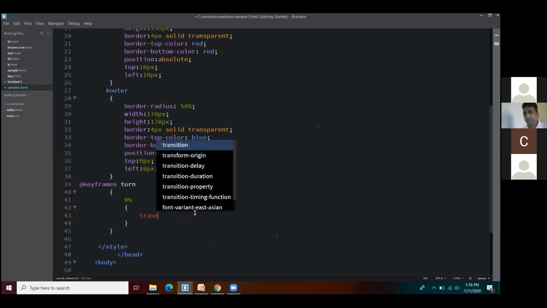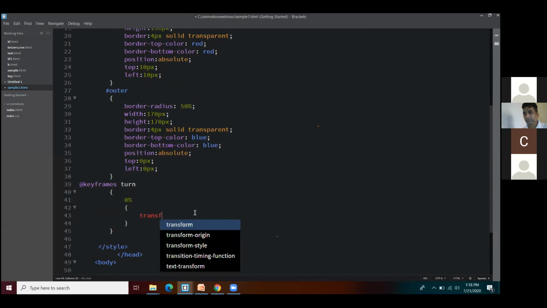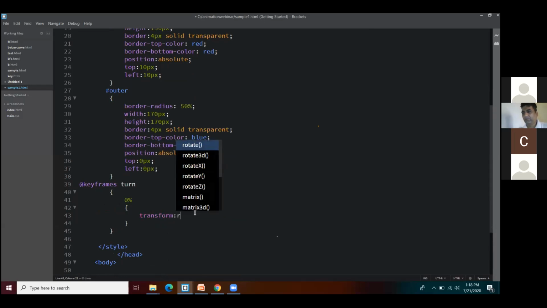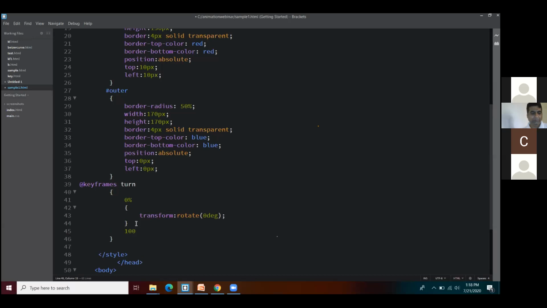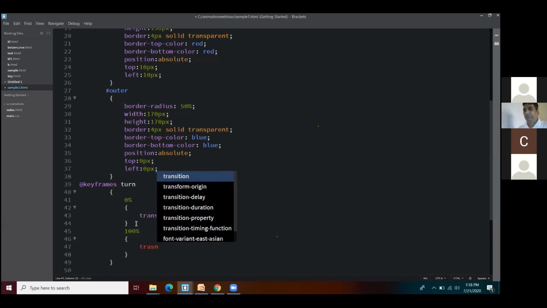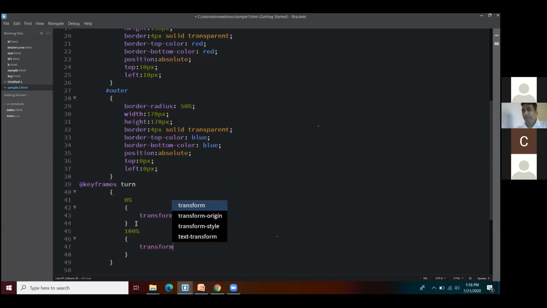It has to transform and rotate from 0 degrees. And at 100%, it has to transform one complete turn.